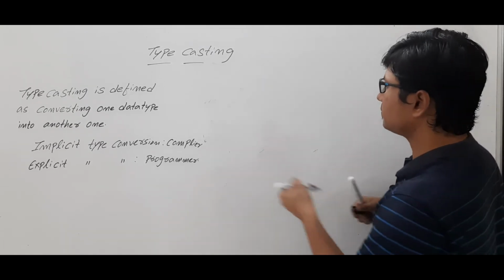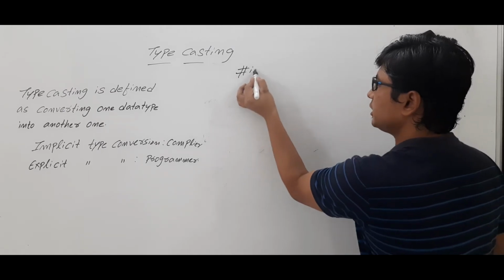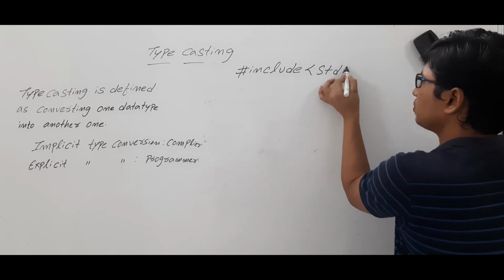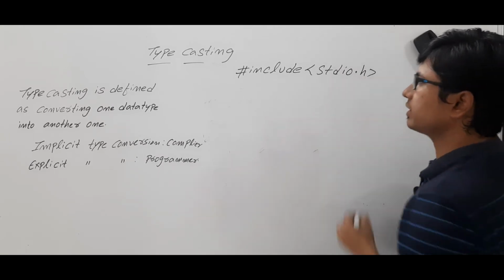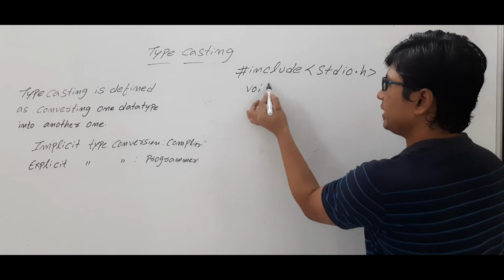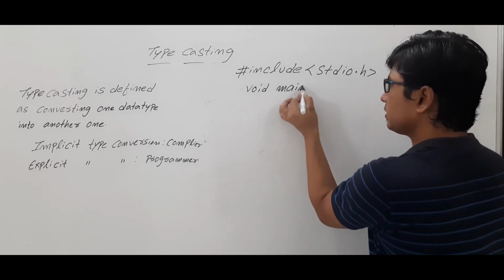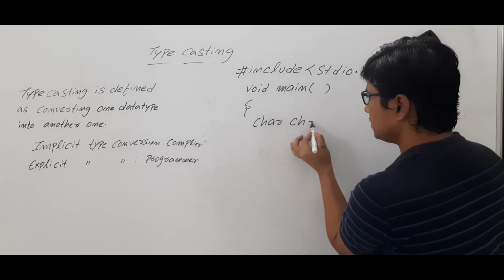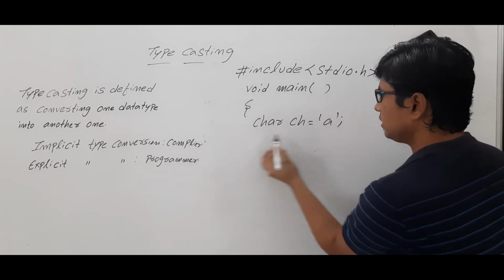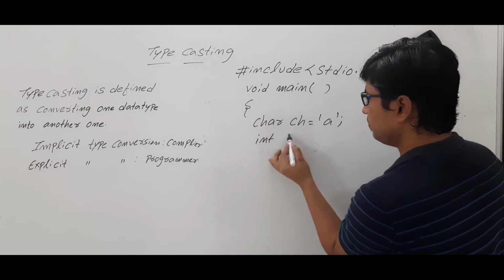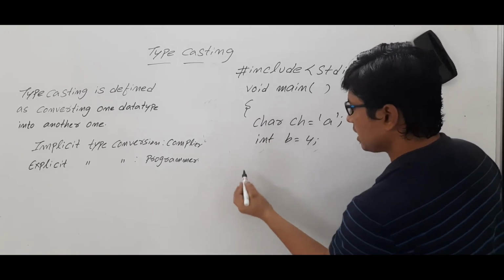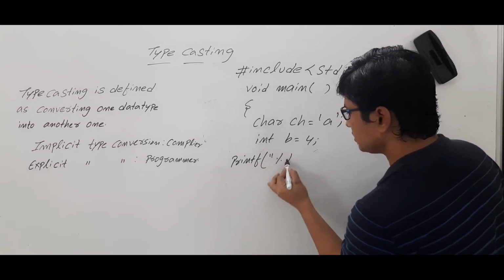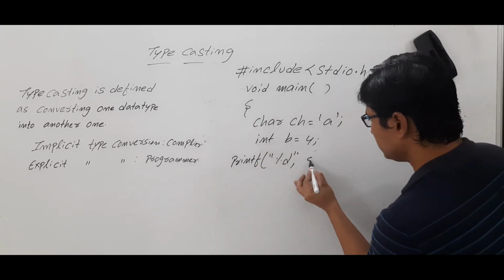I'm writing #include <stdio.h> to include the standard input output file. Then I'm writing void main, and I have written char ch = 'a', int b = 4. I have written a statement called printf("%d", sizeof